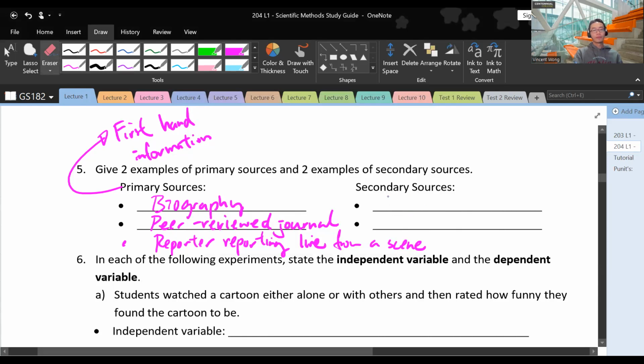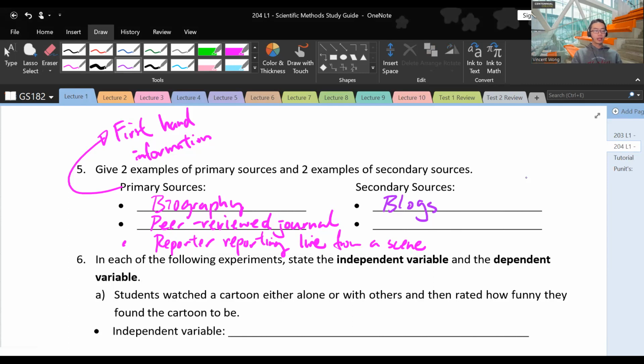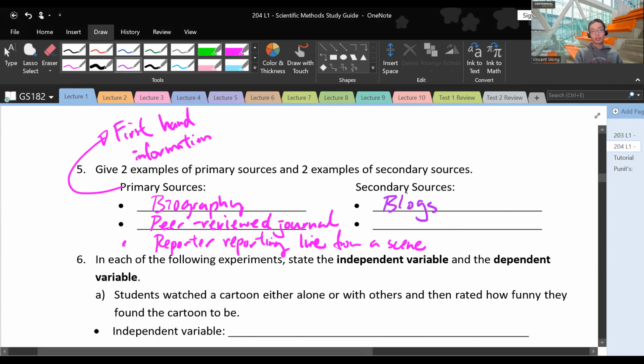Social media, like blogging outlets. Sure. So there's blogs, right? Anybody can post a blog, right? Especially nowadays, there's a lot of influencers, right? So you don't know if they have other motives in promoting certain products, so that might not be very accurate. You know, even books could be a secondary source if it's not